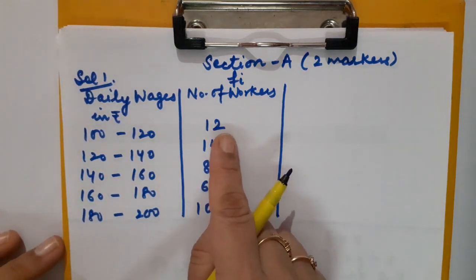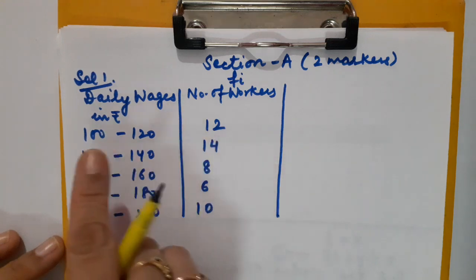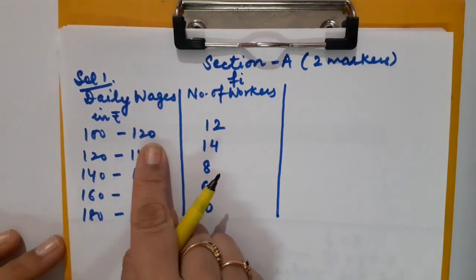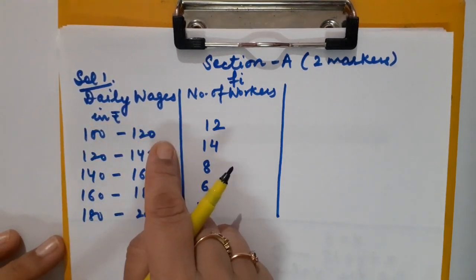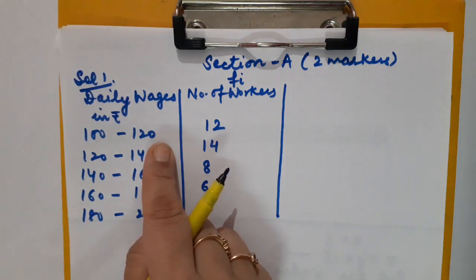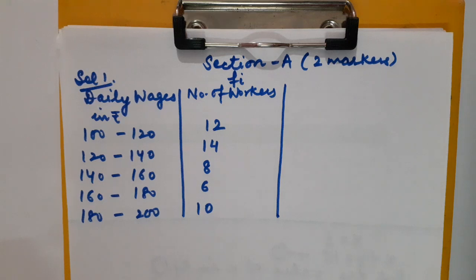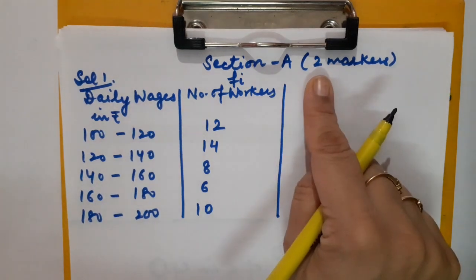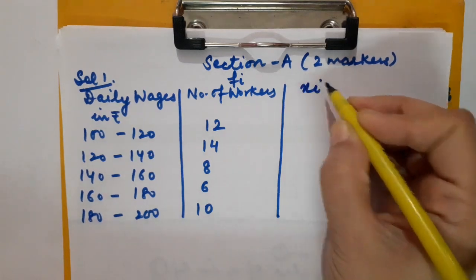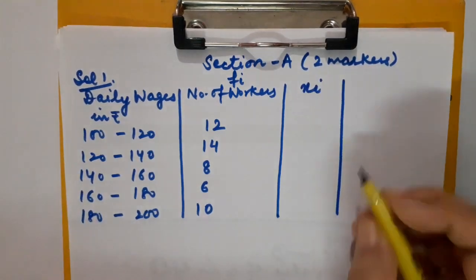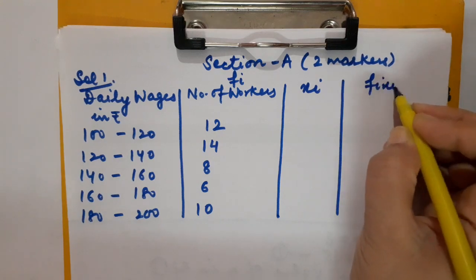Means there are 12 workers, those who are going to get the daily wage from rupees 100 up to rupees 119. As you know that in each and every class interval we are not going to include the upper limit. Okay. So what is asked in the question is that we are supposed to calculate the mean daily wage of the workers of the factory by using any appropriate method. Children, as the question is of 2 marks, so I think we should go with the direct method. So first of all, I am going to calculate XI and then I will be calculating FI XI.